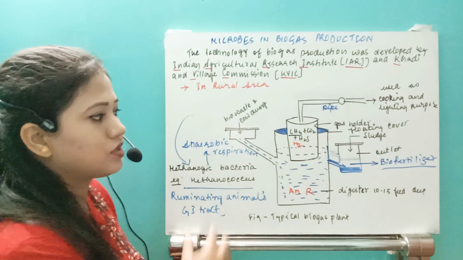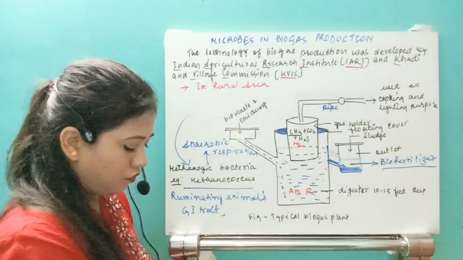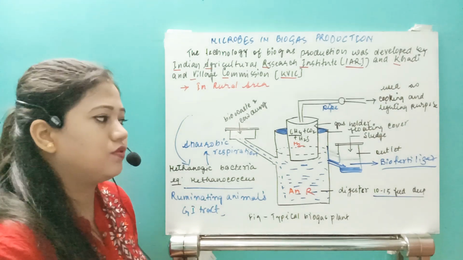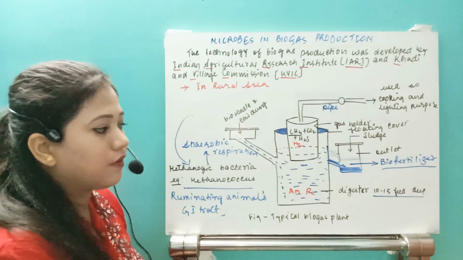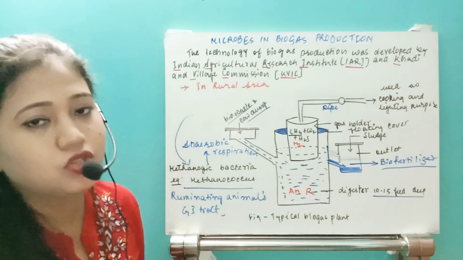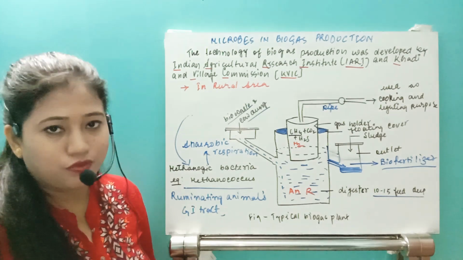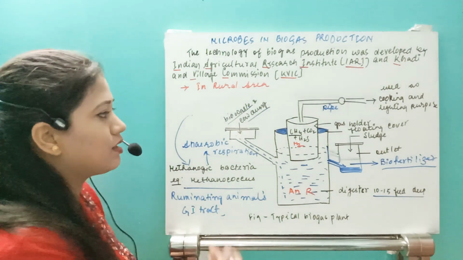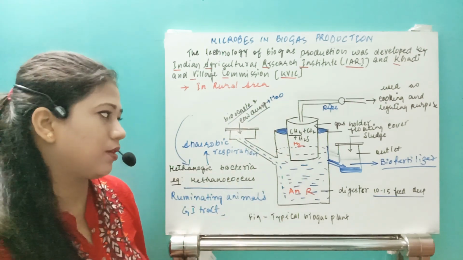So once again just see the plant. This plant will have a central digester which is around 10 to 15 feet deep. One digester tank will be there, where it will be fed with the bio waste and the cow dung. What is the bio waste? In our kitchen there are different vegetable peels or the rice we remove, and that is just thrown in the garbage. This bio waste and the cow dung which is mixed with water can be fed into the digester tank, right?